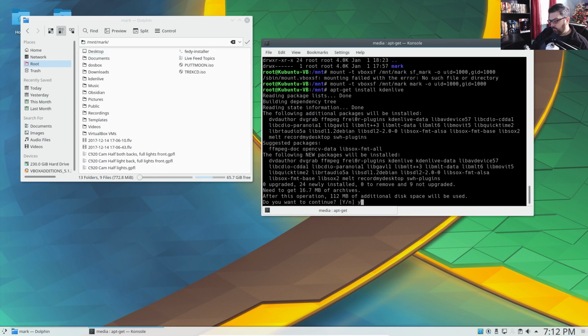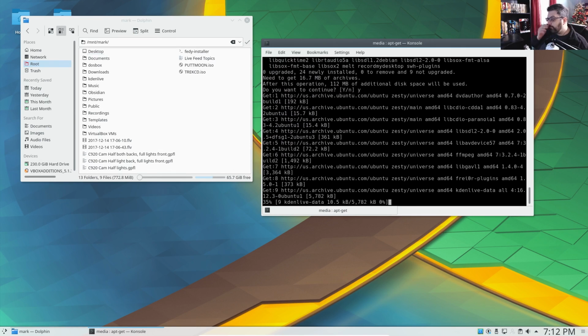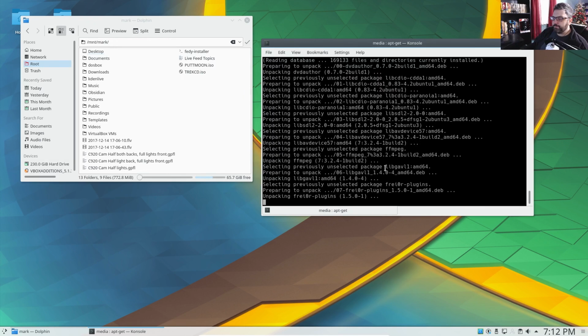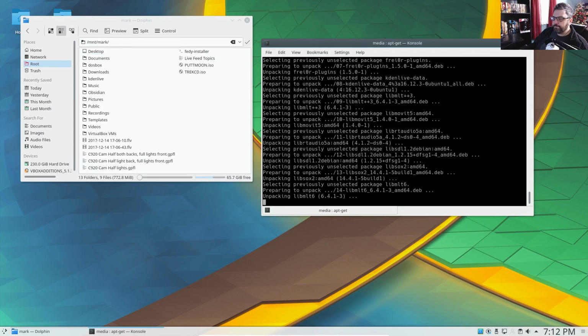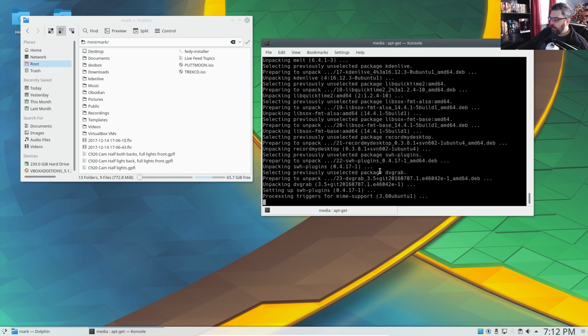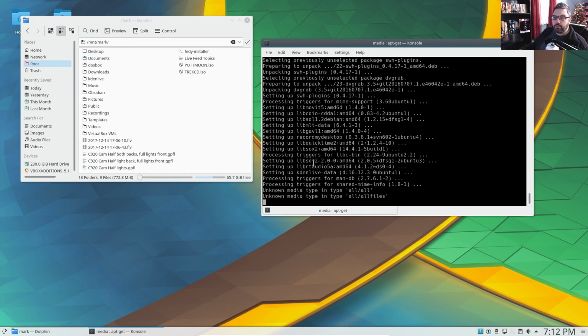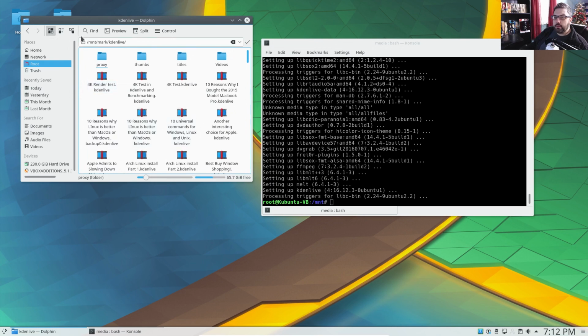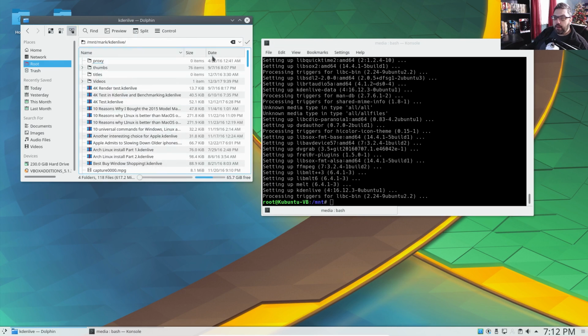So it is there. We'll do a yes to install it. And I do have a Kdenlive folder on my actual Fedora system with projects. So I'm going to have to be careful because I don't want to change the actual project I was working on. So what I think I'll do, go into Kdenlive here, and let's look at the latest one I was doing,